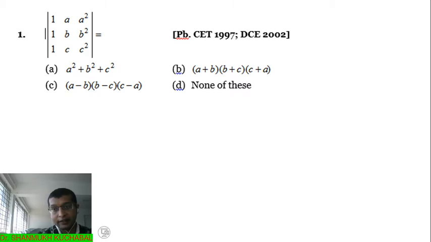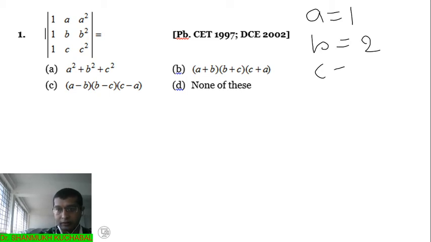Here we take numerical values, such that the value of the determinant is not 0, that is, two rows are not identical after taking the A, B, C values, or an entire row is not equal to 0. Like that we have to take a precaution here. So what I will do is take A equal to 1, B equal to 2 and C equal to 3 here.